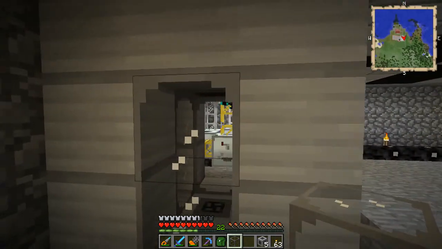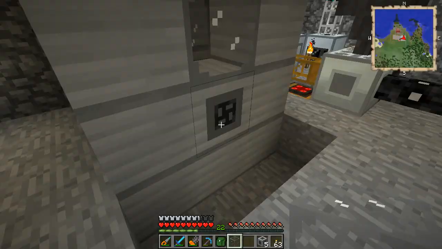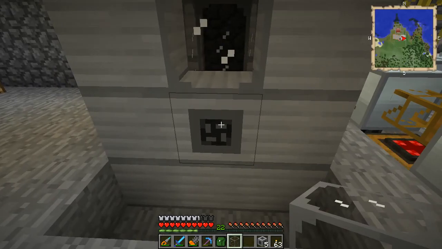Some of the borders disappeared, and we can right-click it here, and we can see that it can contain 1,152 buckets of creosote oil. Now, in loose math, let us just quickly do the math here. Let's see, 1152 divided by 16. This is the equivalent of 72 Buildcraft tanks. Now, we have like 8 Buildcraft tanks previously storing creosote, so this one should be able to contain quite a